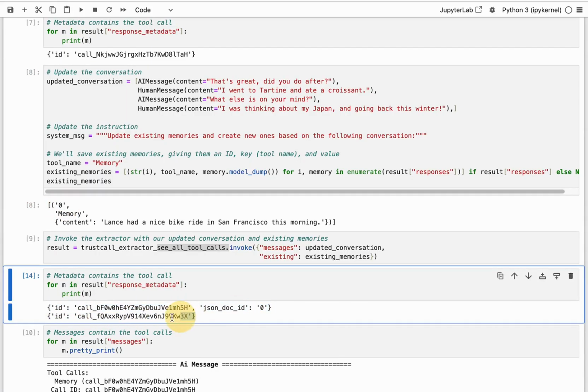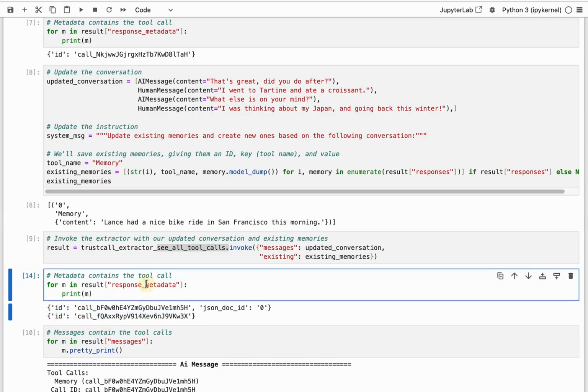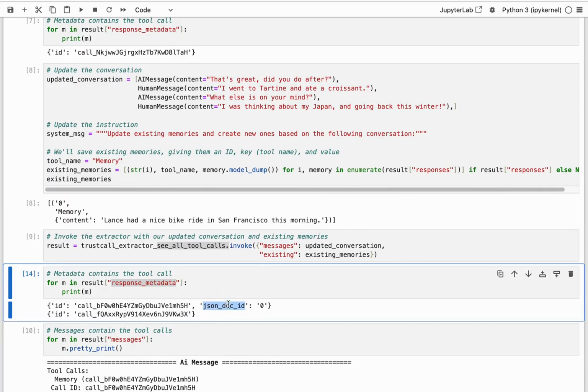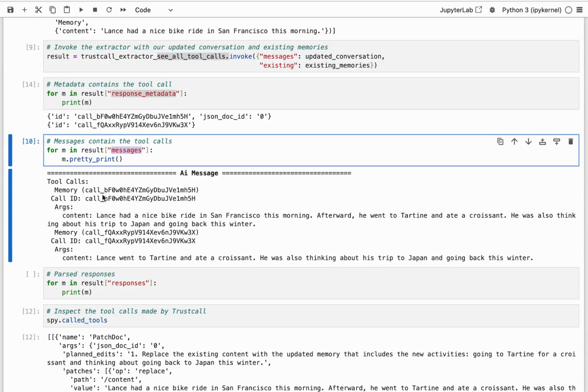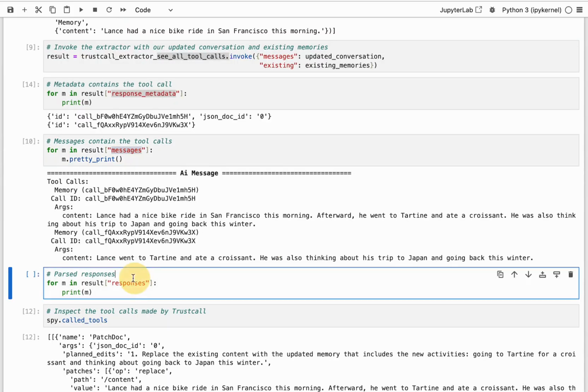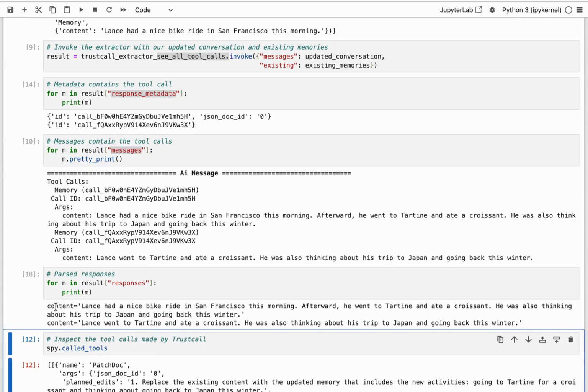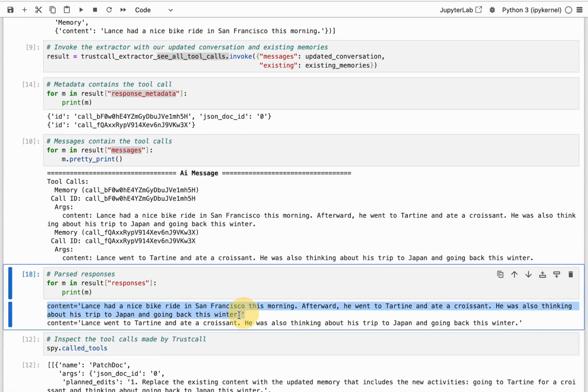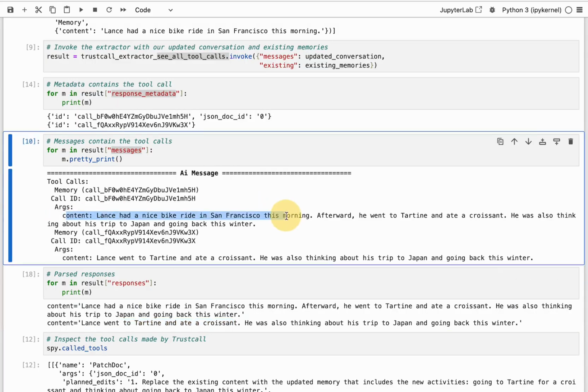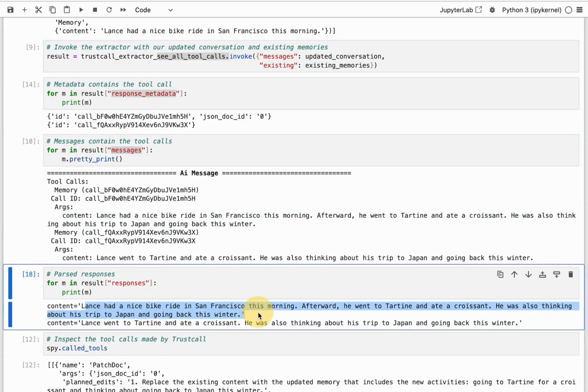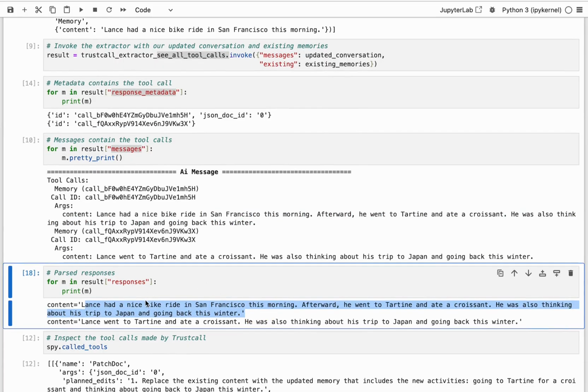And then we have also a new memory that's created. Okay, so that's what the response metadata tells us. Whenever it passes the JSON doc ID, it's indicating that it did make an edit to an existing memory. And we can see that these tool calls are parsed to the final responses. So that's great. But if we want to see under the hood all the edits that TrustCall made in order to produce this edited initial memory,